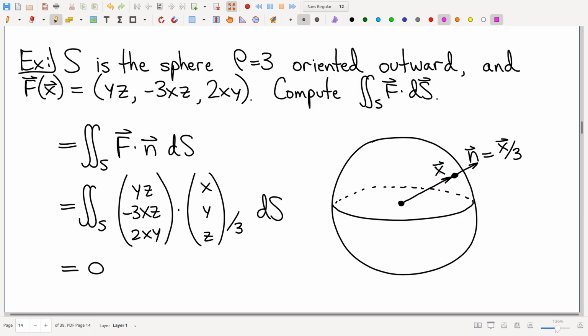So, for example, notice here our sphere, rho equals 3, centered at the origin. And that means that the position vector and the unit normal vector are parallel. Knowing that they are parallel, you can just write down, very conveniently, with a simple geometric argument,